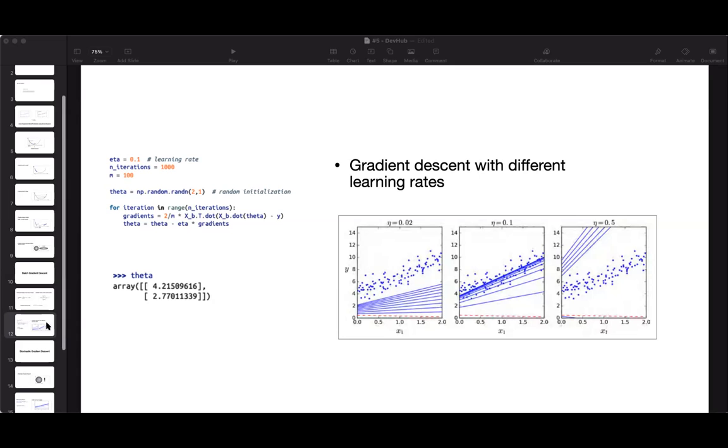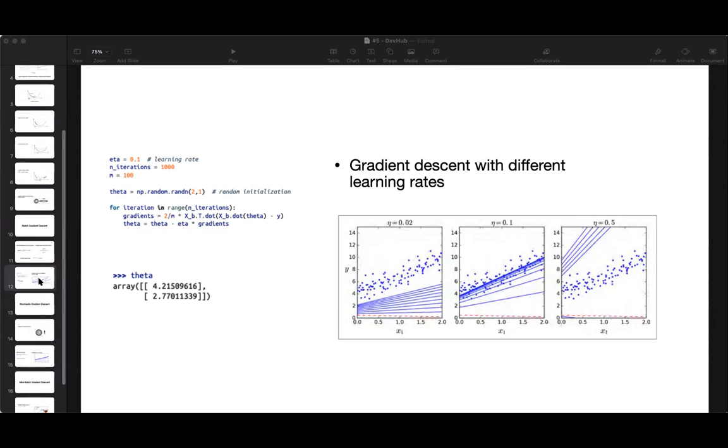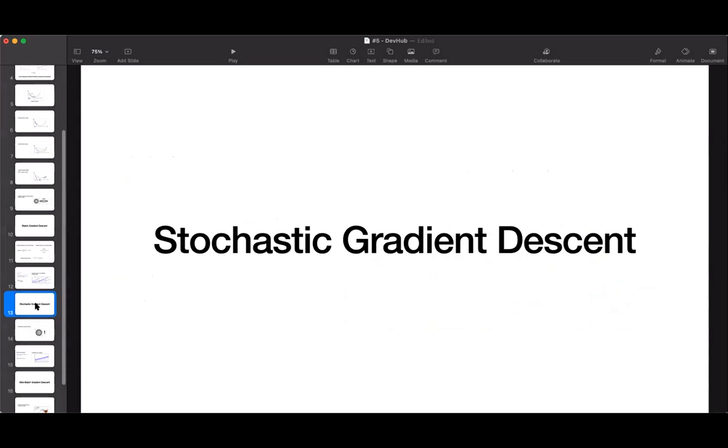We are actually considering the whole data set at every step. Now we'll see another thing, which is known as stochastic gradient descent, or SGD in short. This is another type of gradient descent. The main problem with batch gradient descent is the fact that it uses the whole training set to compute the gradients at every step, which makes it very slow when the training set is large. Now at the opposite extreme comes SGD, or stochastic gradient descent, where you just pick a random instance in the training set at every step and then compute the gradients based on only that single instance.